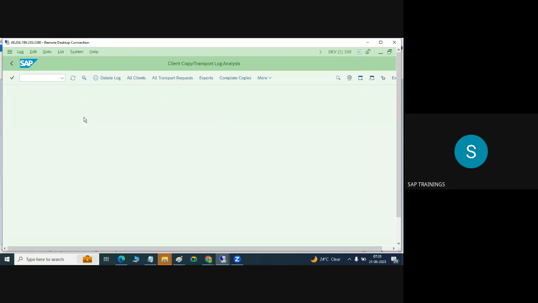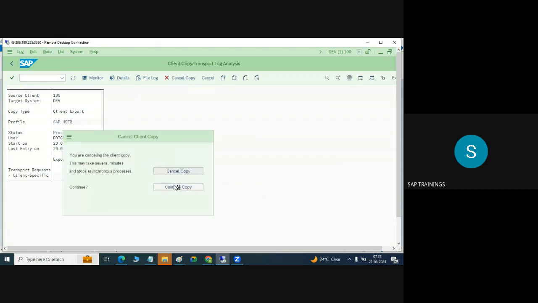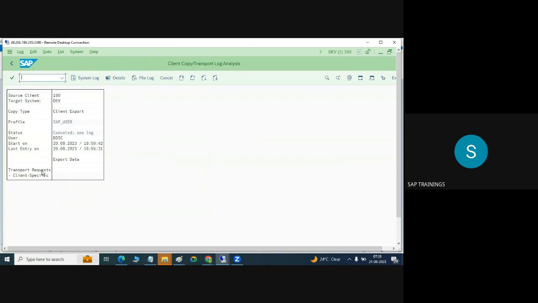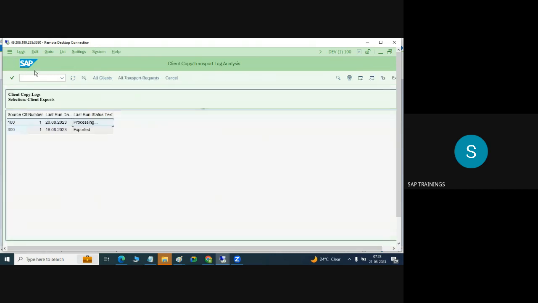We can also cancel. Suppose the client copy is running and you want to cancel it, you can cancel it, not a problem. No one will stop you. In case you are doing it wrongly, you can cancel it. You can also cancel with that button. So this is the client copy, and anytime you can cancel it. Again, you can go